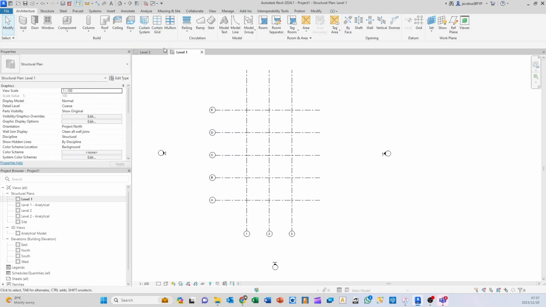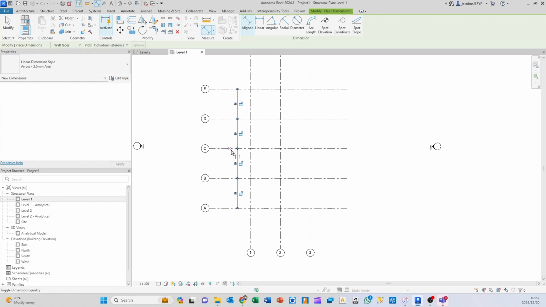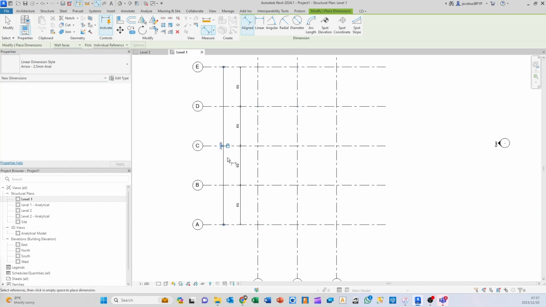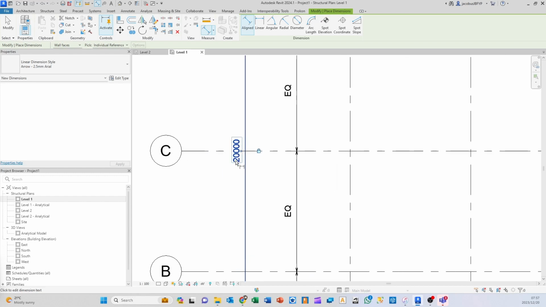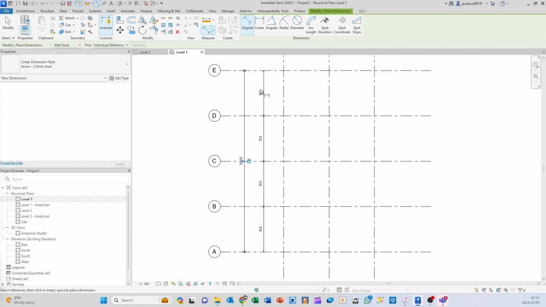All right, and then I want to dimension it. Up here, there's the dimension tool. I want to dimension like this in a chain so that I can set them to equal. No matter what I do, you mustn't actually lock them if you want to change it, but I want to show you quickly. You can see here that this entire spacing is now 20 meters, and between each grid, the spacing is equal. So if I unlock